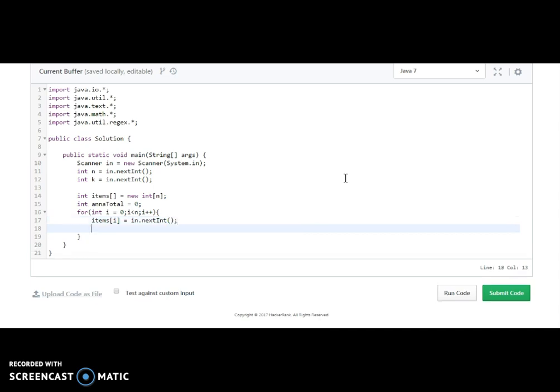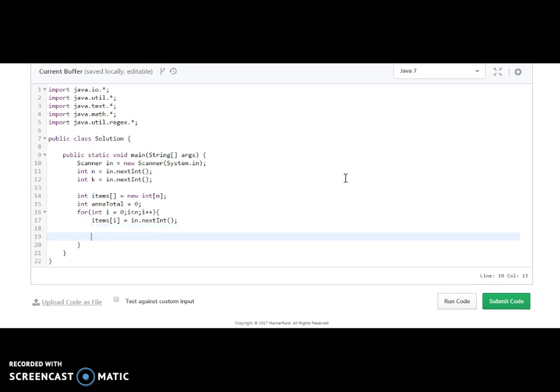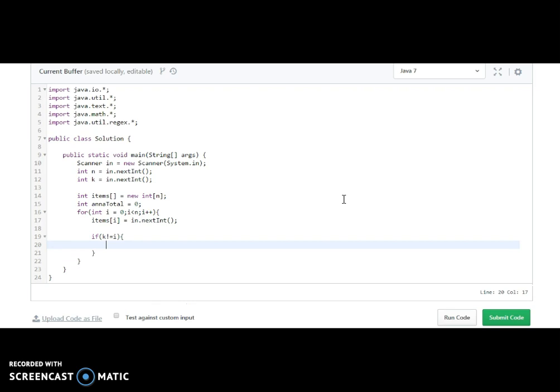And now what we will do is check which item Anna didn't eat, the kth item. The k item is mentioned as an array index, so if k is equal to i, then we should not count it into Anna's bill.